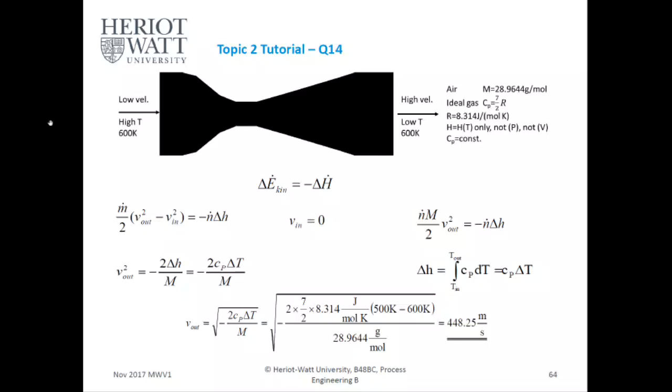Remember, Cp delta T equals change in enthalpy, and you see it on the other side. V out equals 448.25 meters per second to meet the above criteria. Final slide, and I'll do